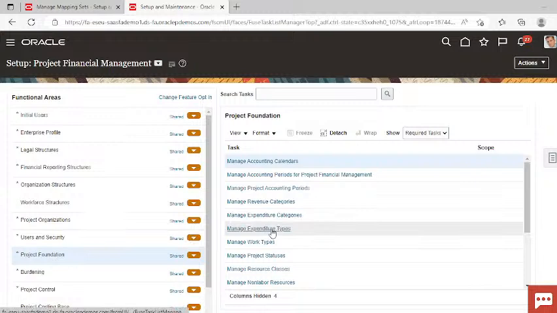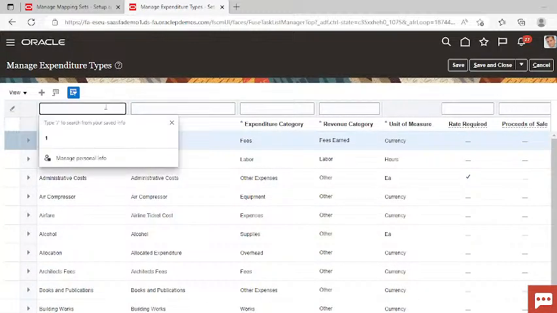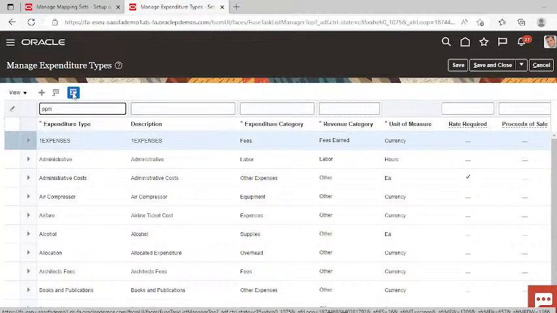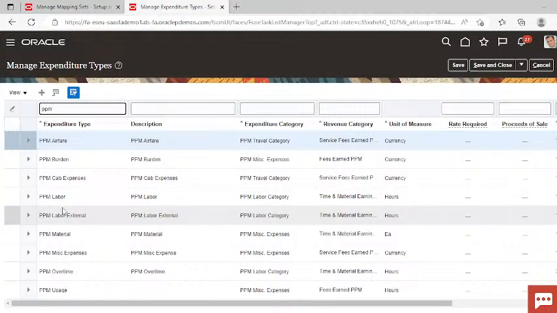Now you can see here the task as manage expenditure type. So you can see here the expenditure type that we have created in the application. Now what I will do, I will create the mapping set for all these expenditure types,